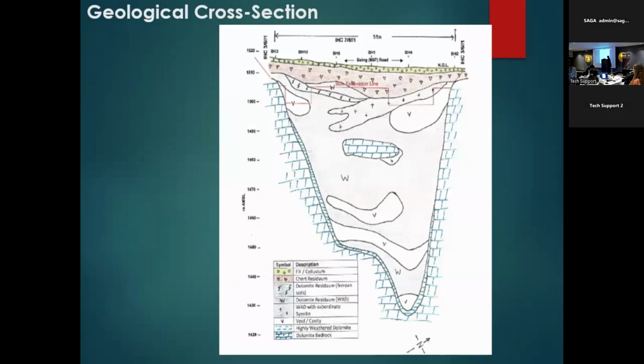Schematic presentation. So, the layer works and colluvium, chert. The W is for what? This was also dolomite residuum, white with some cyanide going through here. The V's are all voids. So dolomite floater, this is dolomite bedrock going down. And as you can see here on the side, this is where you got our shallowest voids. But I must say from here to here, the distance is only 6 meters, going from 3 meters down to 94 meters, a short distance.